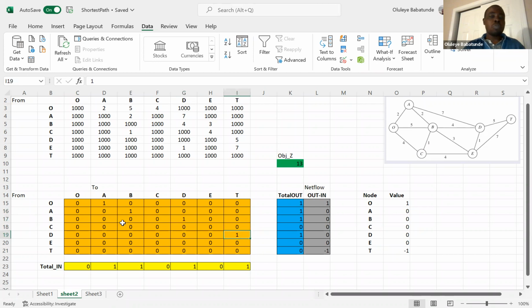So you have to move from A to B to D to T to get the shortest distance of 13. And if you look at manually, if you look at the arrow from O to A to B, A to B is 2,